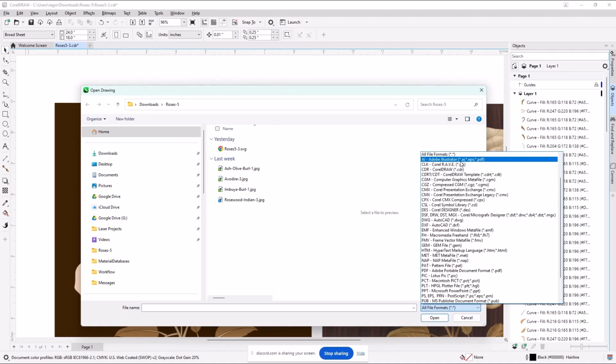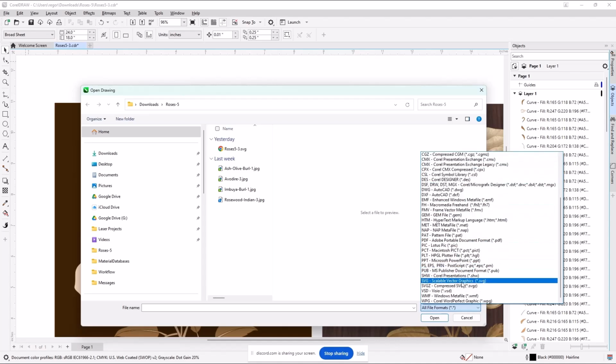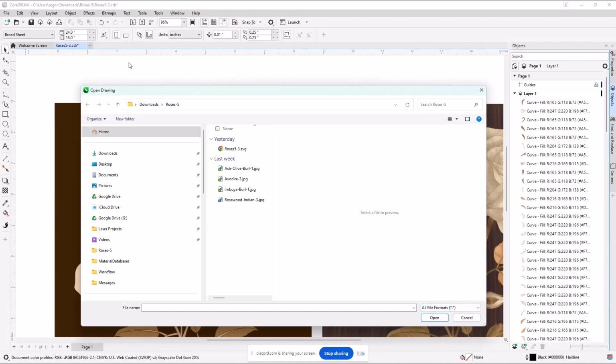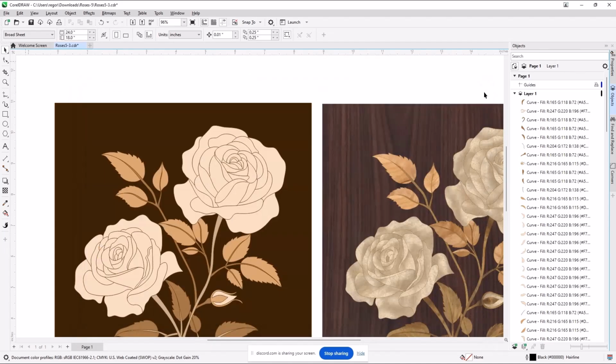Oh, no, that's fine. I'm just saying that normally if you bring in stuff that's in the CorelDRAW format, you don't have to think so hard. But if you're bringing in an SVG, which we just did, you may or may not have to do other things to deal with the imports. Some of that's experience. Some of it is you get it in there and you start playing with it, and nothing works until you figure it out. So I knew by playing with it, I guess, is the right answer.